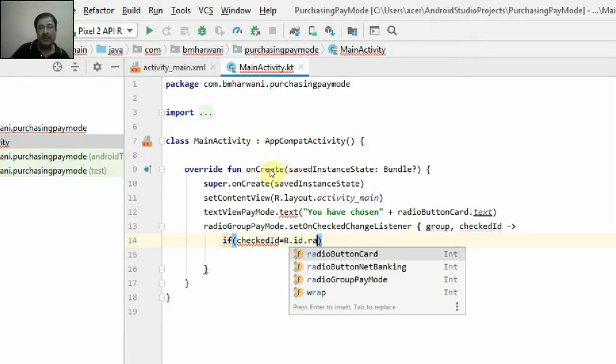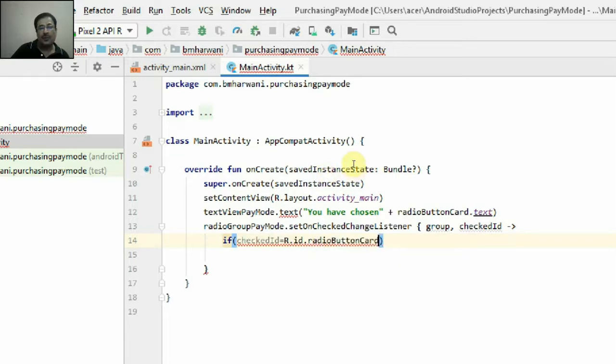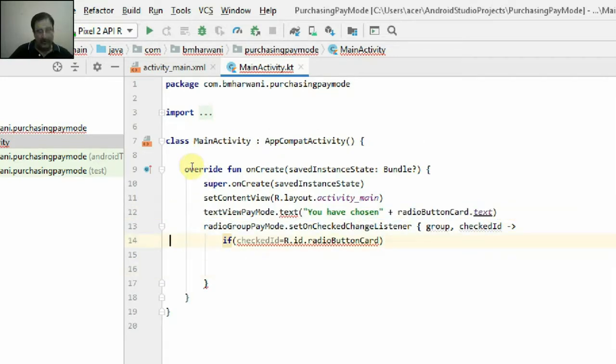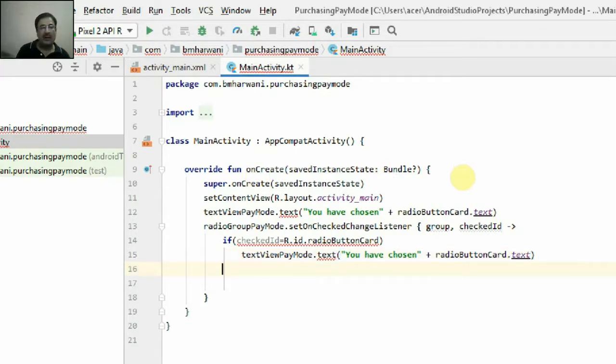Radio button card. So if this is selected, I have to set the text of radio button card on the text view. If this radio button card is selected, on the text view it will appear that you have chosen the pay by card option.